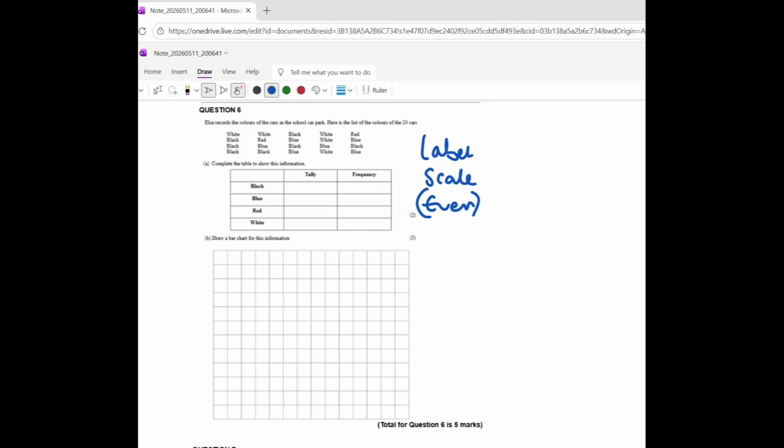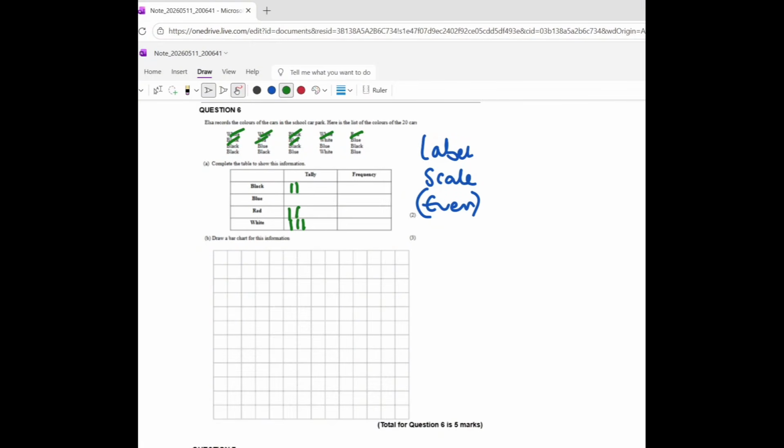So you've got 2 marks here for doing the tally. So I would literally do this by going one by one. So I've got white, cross it off and put a line. White, cross it off and put a line. Black, cross it off, white, and so on. And then I've got red. I'm just going to do this quickly. Black, red,